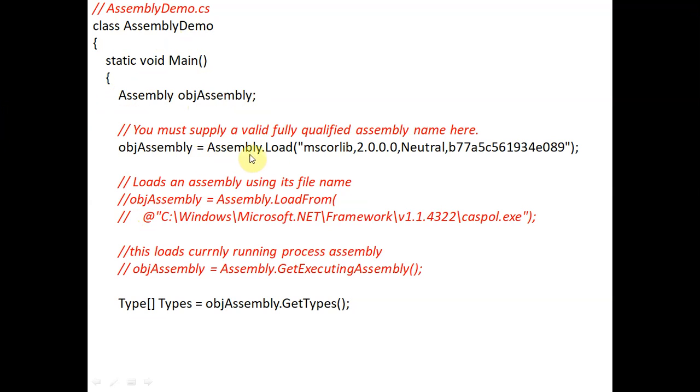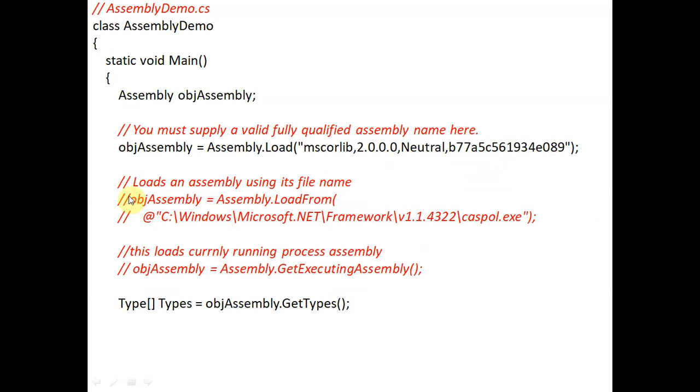Now objAssembly equals Assembly.Load; we write the Assembly.Load function and inside double quotes the exact name of the assembly. This is mscorlib, meaning the core library. Here we have written it exactly, with version information and neutral culture, so we write all the things.